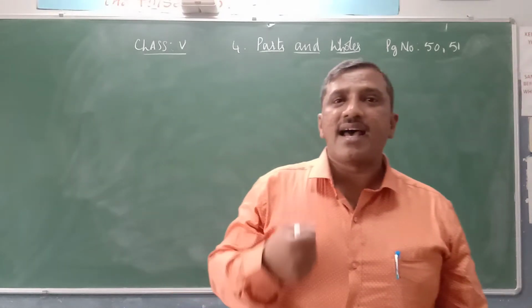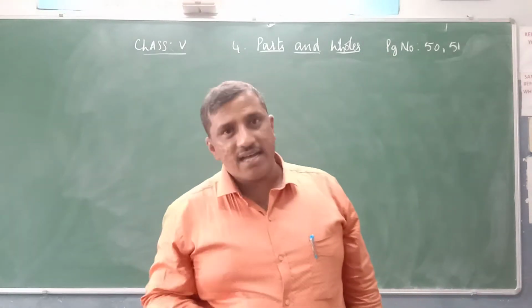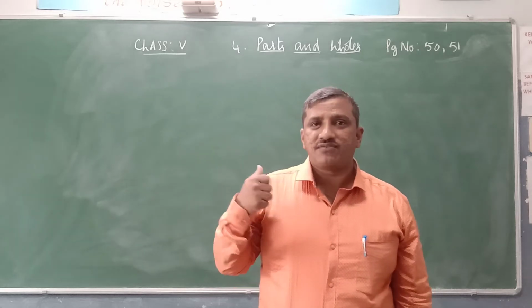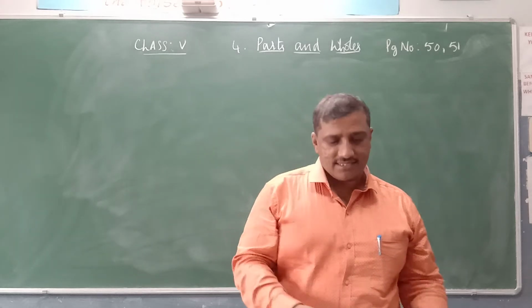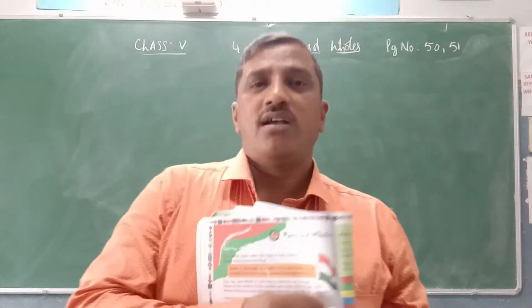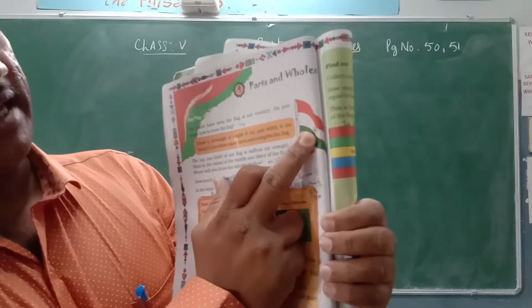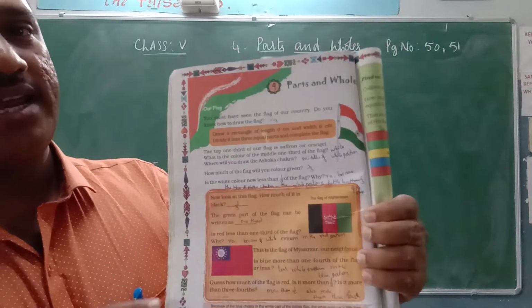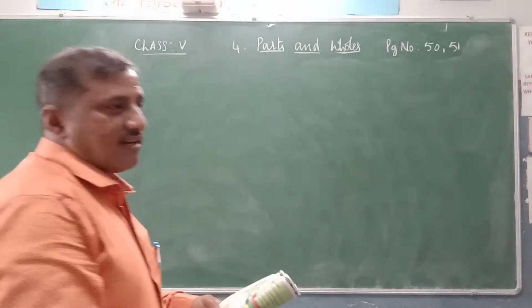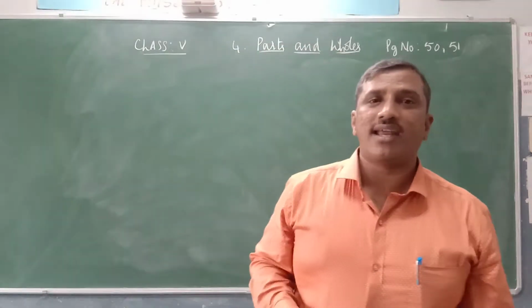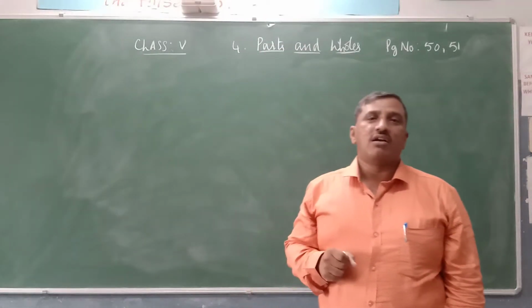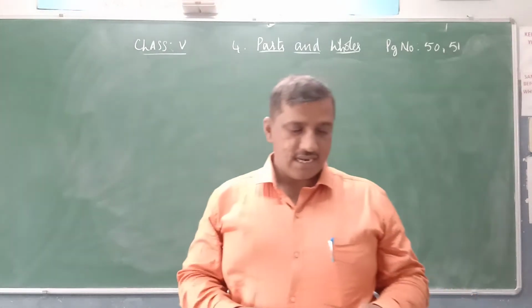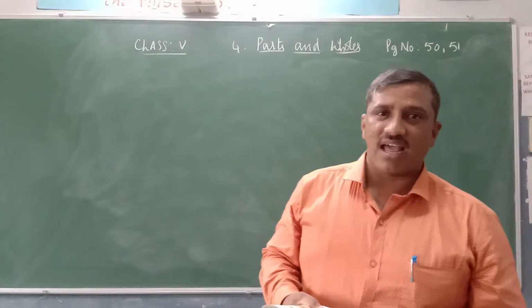Everybody, the 5th class students, have seen this flag, our Indian flag. Yes, see here, this is the Indian flag. You can see what colors are there in our Indian flag. Yes, there are 3 colors: saffron, that is orange color, and in the middle we have white color, and at the bottom we have green color. Yes, we know how to draw the flag.